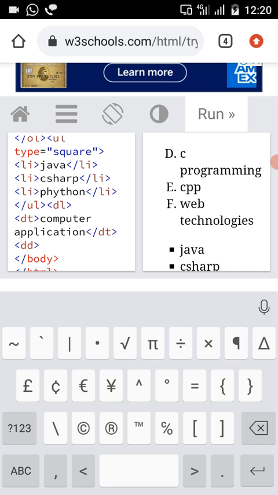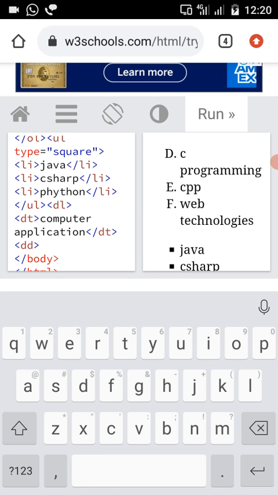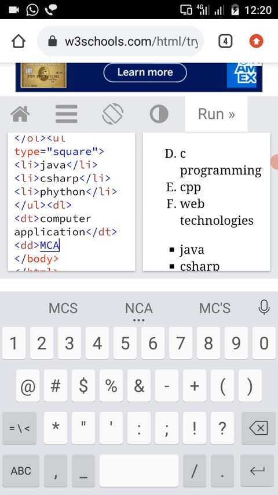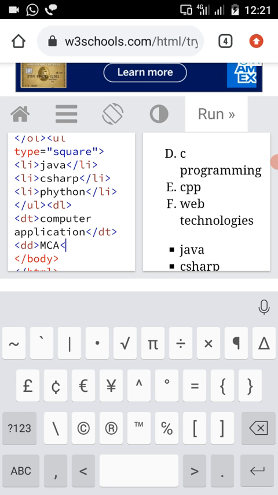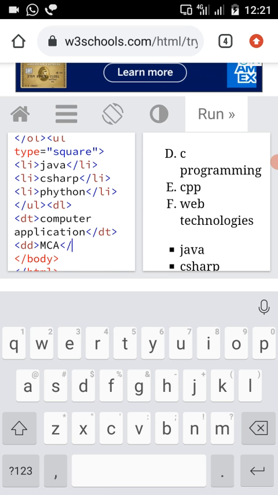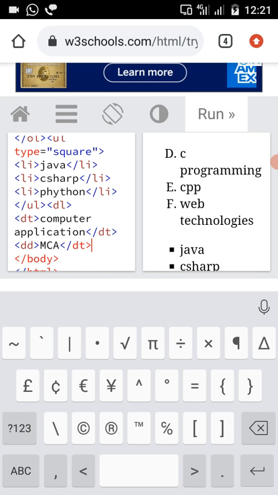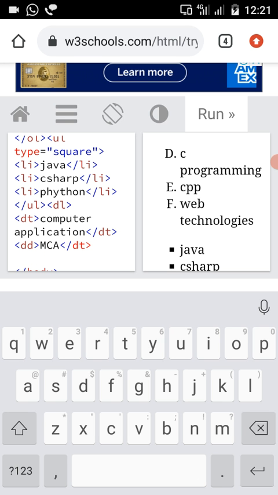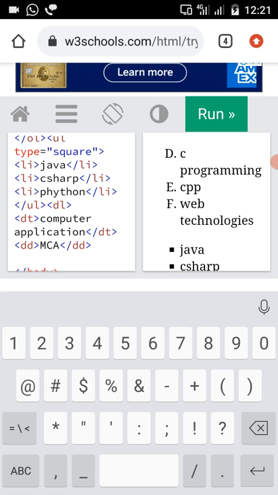In this DD tag I'm going to use some of the computer applications like MCA and BCA. MCA is one data definition which I am going to use for this data term, and the next data definition I am going to use is BCA.